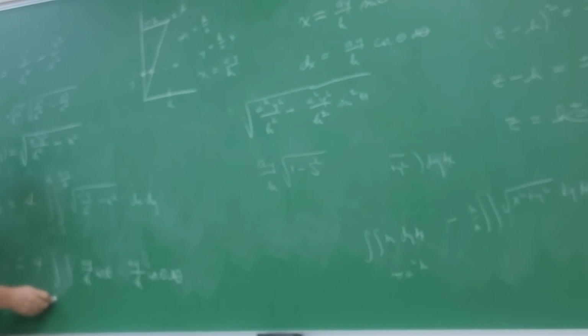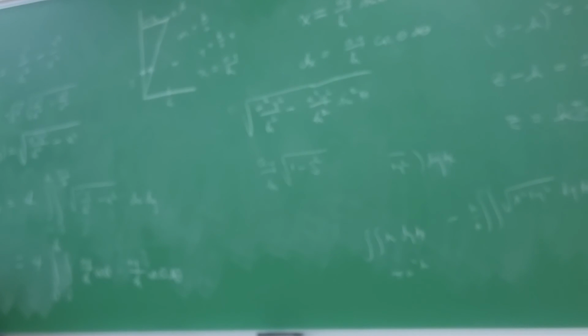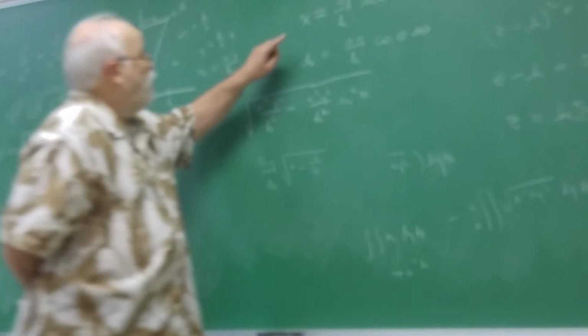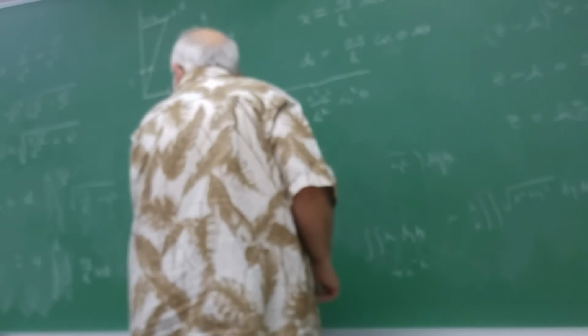The 0 and h stay the same, right? But these limits are going to change. Well, one of them will anyway. That's still going to be 0, because the sine of 0 is 0. So if x is 0, then sine theta is 0 and theta is 0. Now, what if x equals